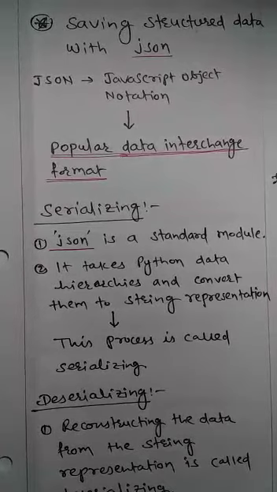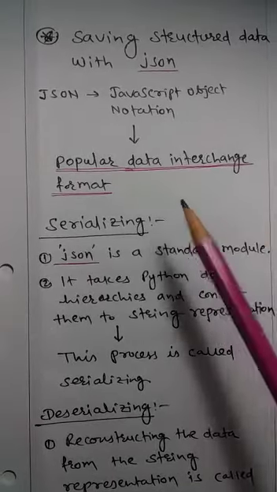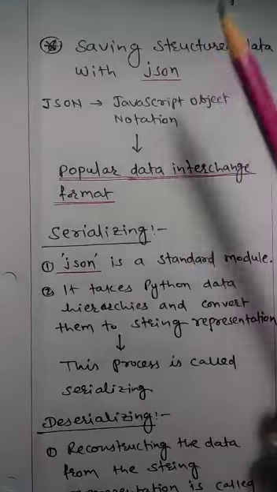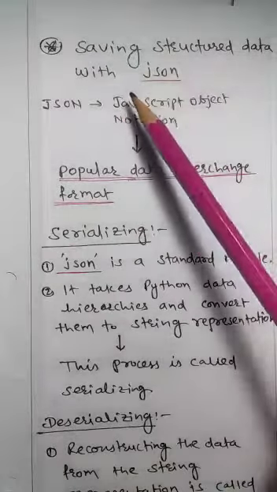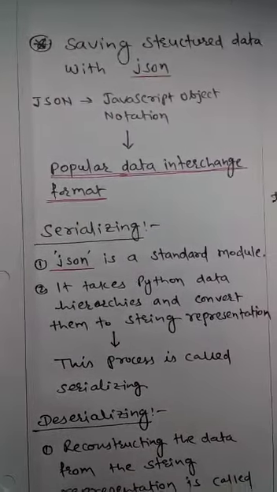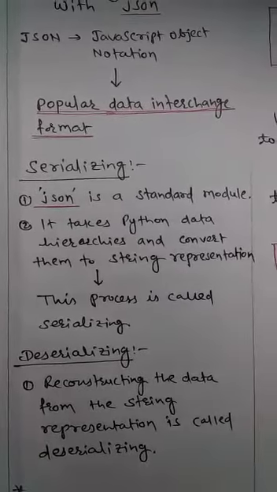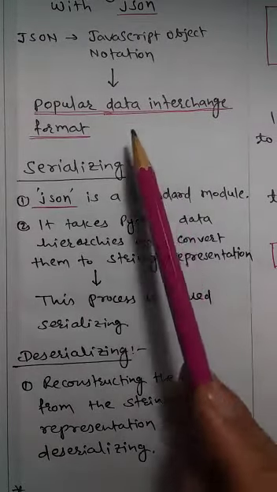While dealing with files, many times we have to work with structured data. Now when we talk about structured data, in the internet fraternity, JSON is very popular. JSON stands for JavaScript Object Notation, and it's a very popular data interchange format. Now how can we interact with this structured data, JSON, with the Python programming language? For that we'll see one example.